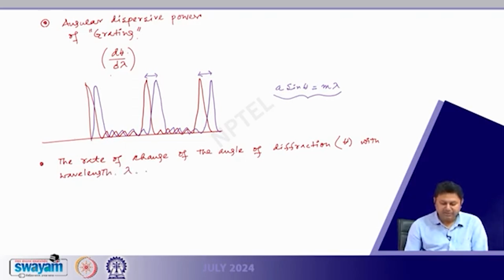How with wavelength lambda there is a shift of theta in order to get the same order of